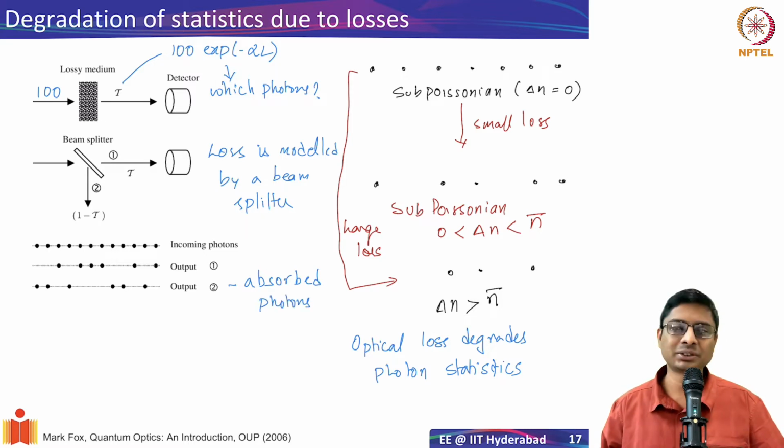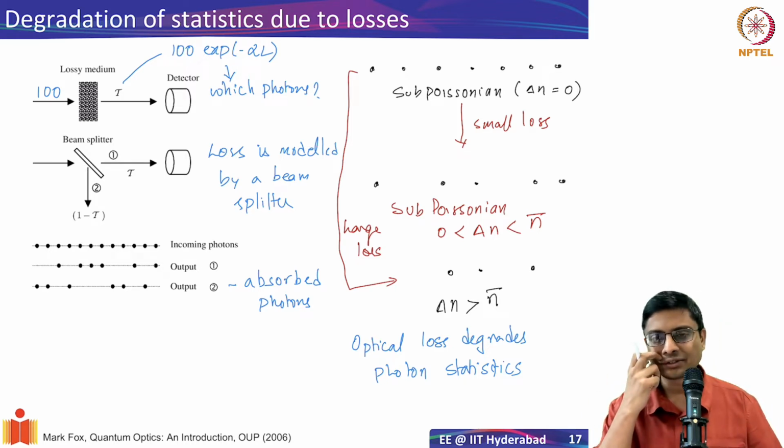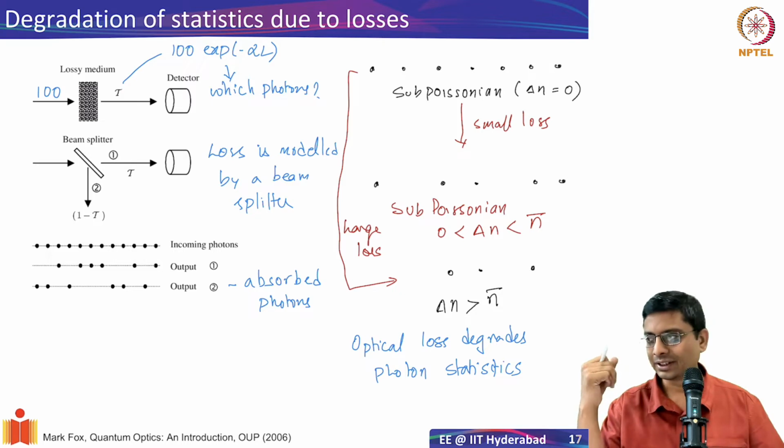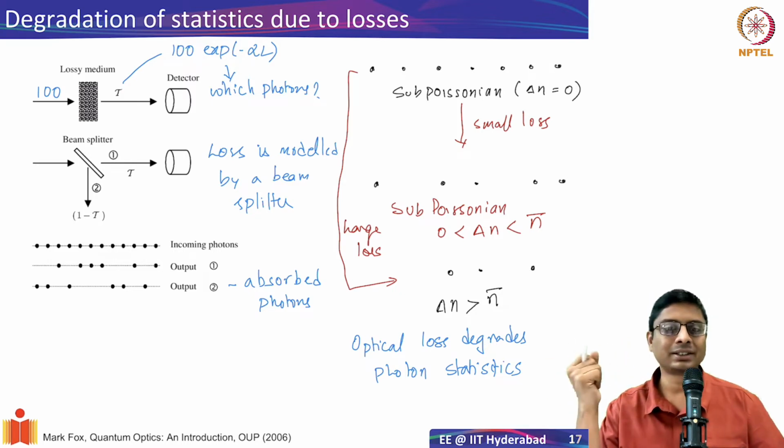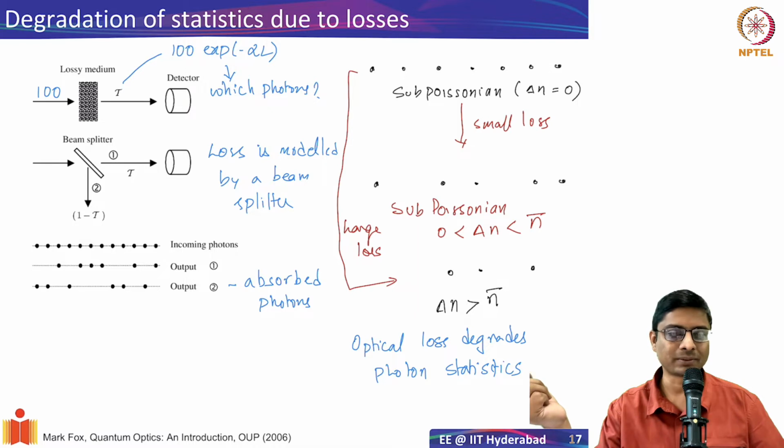We are assuming that there is no reflection from the beam splitter. So the way to create a beam splitter like this is also a challenge. We can do it with photonic crystals ideas. Okay, so this is how practically the photodetection itself makes it challenging to observe sub-Poissonian statistics.